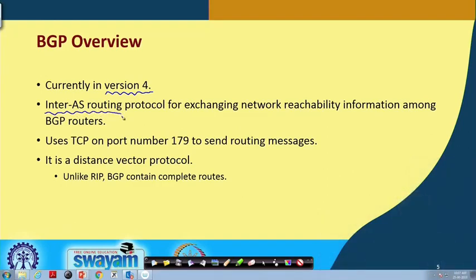Inter-AS means across two different autonomous systems, and for exchange of the messages it uses TCP with well known port number 179. So, port number 179 is reserved for BGP packet transmission,